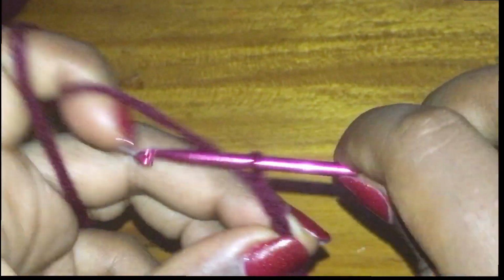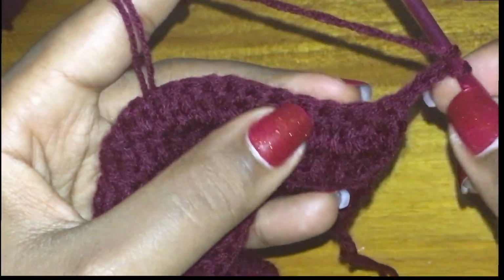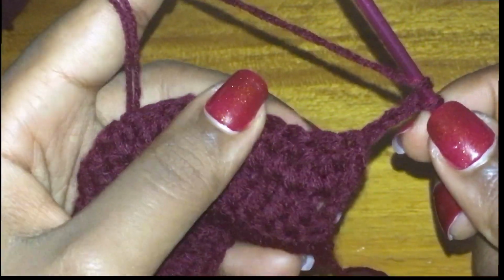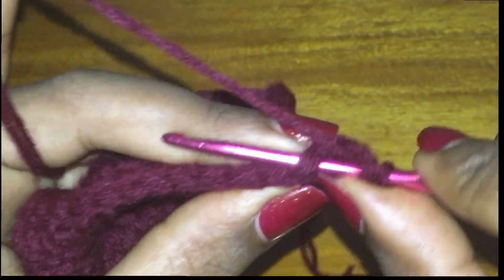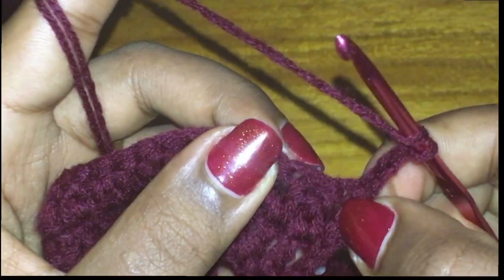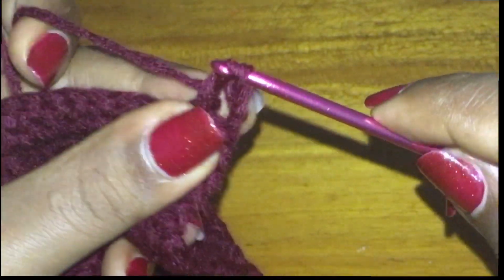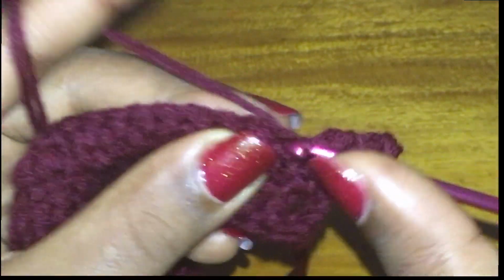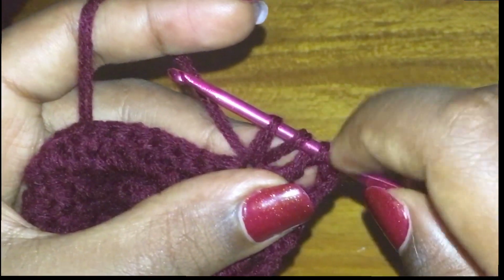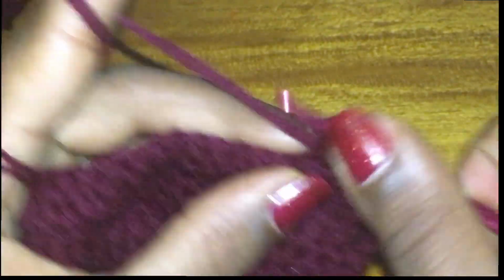Then you're going to chain 3 and turn your work, and you're going to make another decrease. So you're going to yarn over, go in this next stitch here, pull up a loop, we'll have 3 left on your hook, pull through 2, which will leave you with 2, yarn over again and insert your hook in the next stitch and pull up a loop, and then you'll have 4, and pull through 2 and pull through the last 3 on your hook,